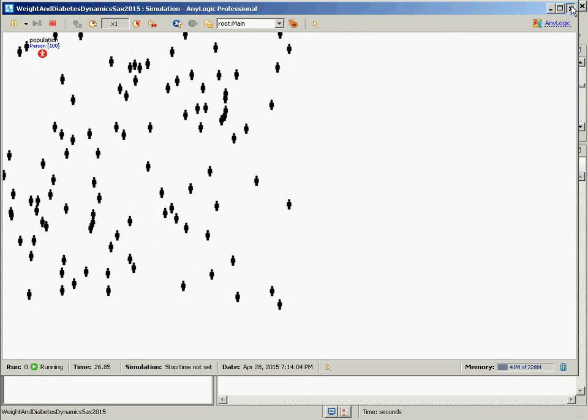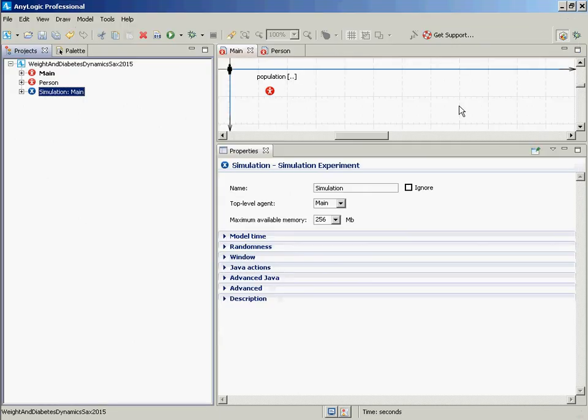So the next thing we're going to do is make this population, instead of being fixed at 100, variable. We want to be able to set a population. Let me ask this, ladies and gentlemen. When we had each person have a sex or an income in that last model, where did we specify the characteristics for those people in the model? Where were their distributions associated with their income specified? Where did that information live? It lived in Main, and particularly in what thing in Main? In the parameters for the